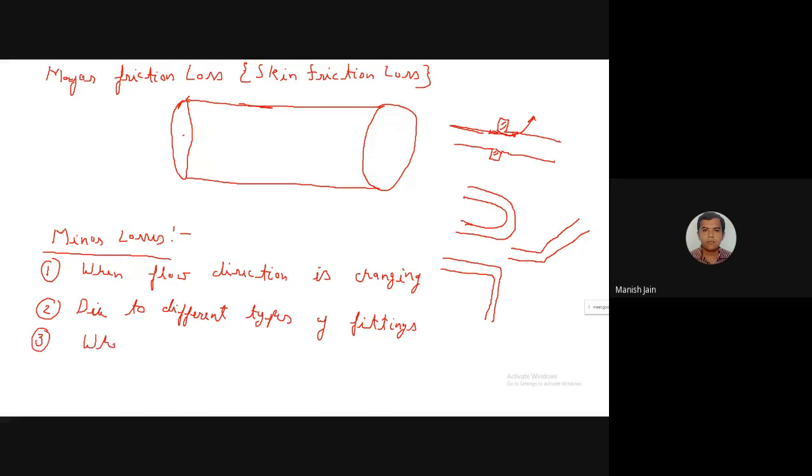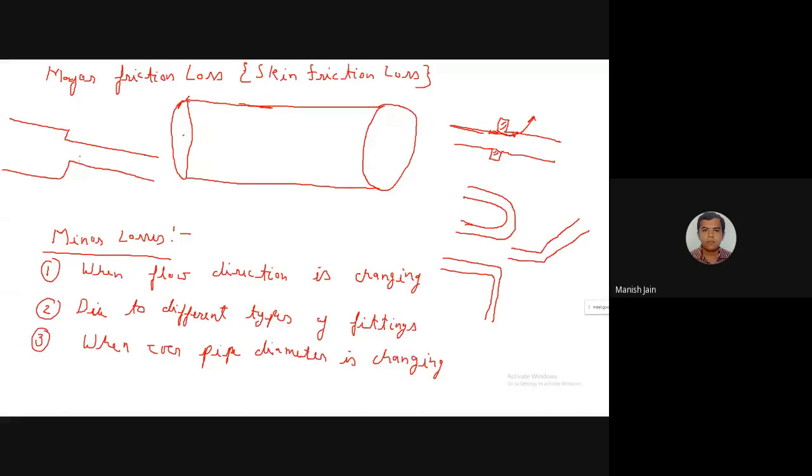whenever you have the enlargement or the reduction of the pipe diameter. Suppose you have a pipe diameter like this. This is the big pipe. Then again, suddenly it is joined with a small pipe. You are changing the pipe diameter. So whenever you change the diameter, some of the mechanical energy will convert into thermal energy